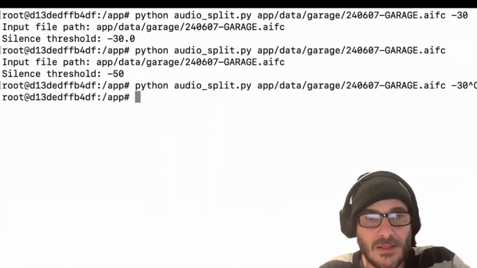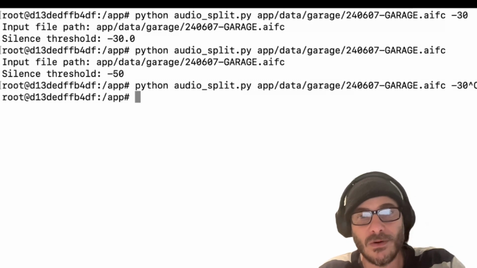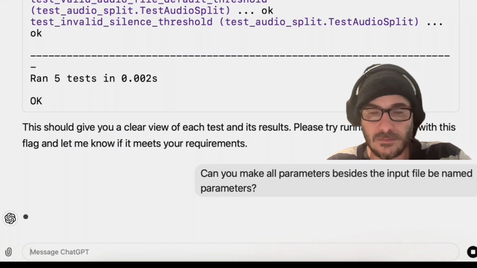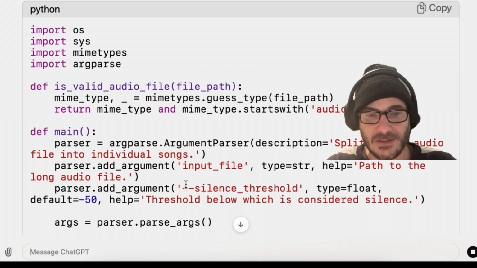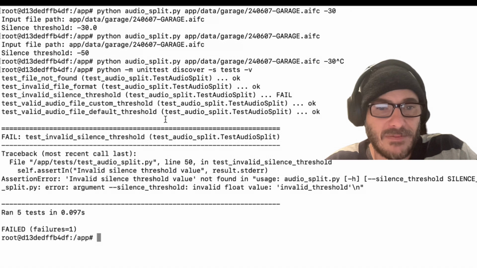One thing I don't like about this is that it's not a named parameter, which means I have to remember the order of the parameters going in. So let's ask ChatGPT to fix that. Okay, and it's going to write out the script, but you can see that it's changing it now. Okay, so you can see it updated the test as well,